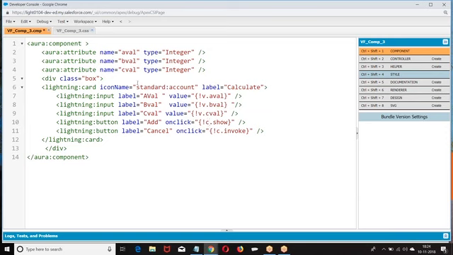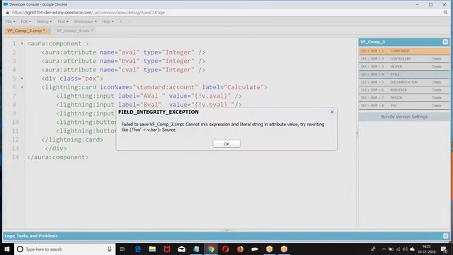Name seems okay. Label value: v.aValue, v.bValue, v.cValue. Cross check. There is some expression error here.